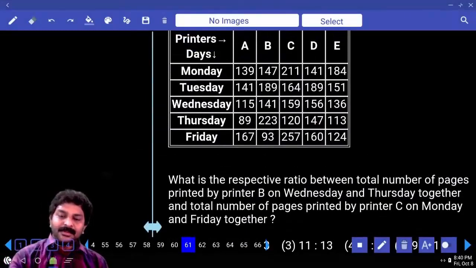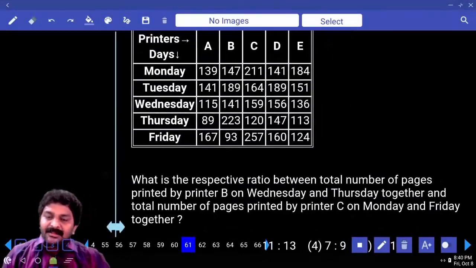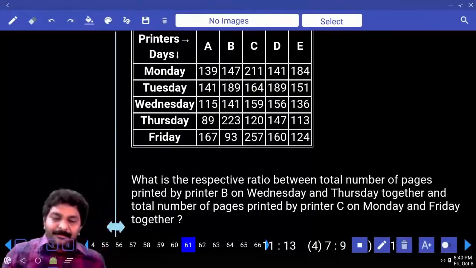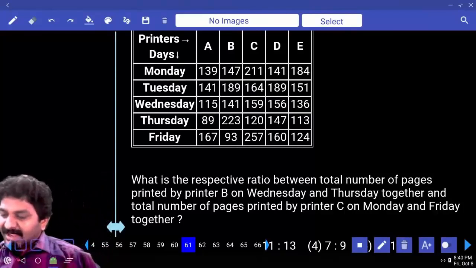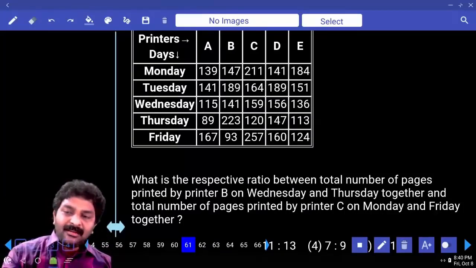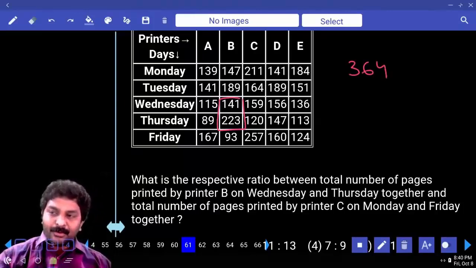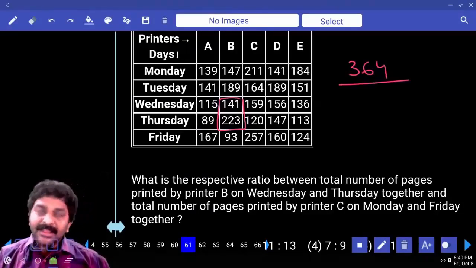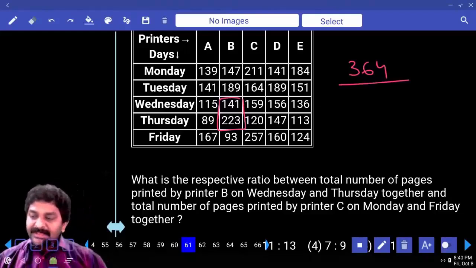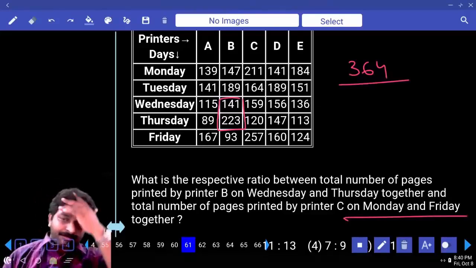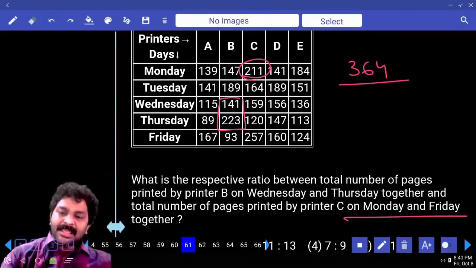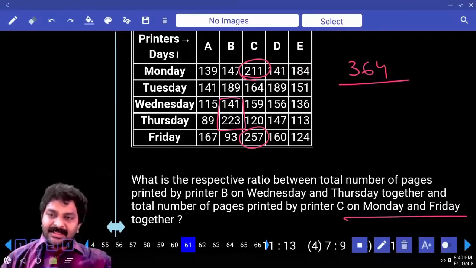Right. It's a simple table. Come on, let's start. What is the respective ratio between total number of pages printed by B on Wednesday and Thursday? B on Wednesday and Thursday, 364 divided by ratio A is to B or A by B form. C on Monday and Friday together. That is